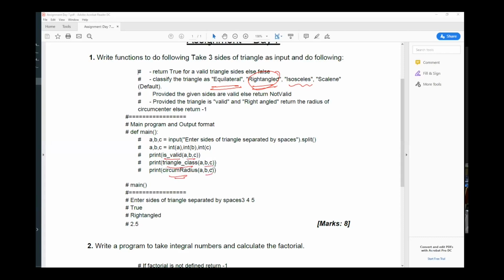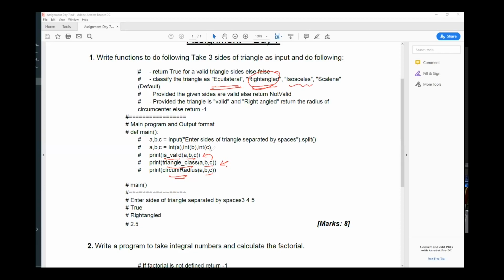Before executing the triangle class function, within this function, you need to check whether the triangle is valid or not. All those things that I have been discussing in the class, try to implement in your code.